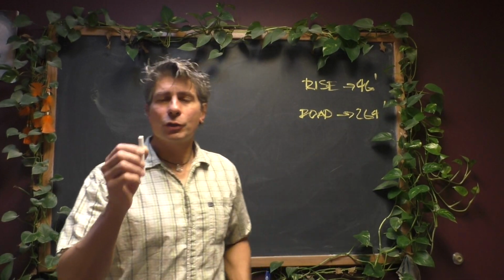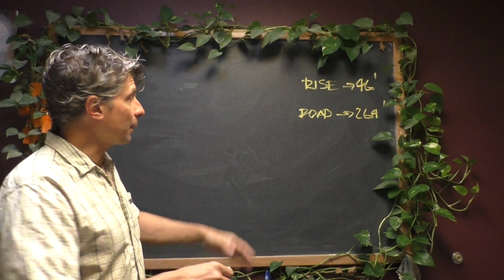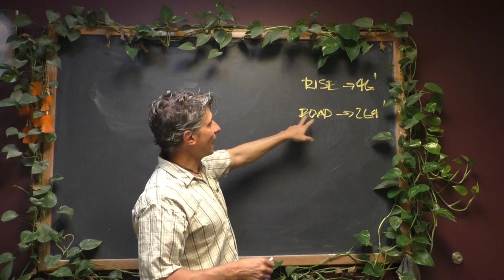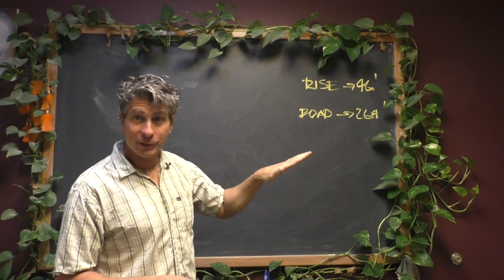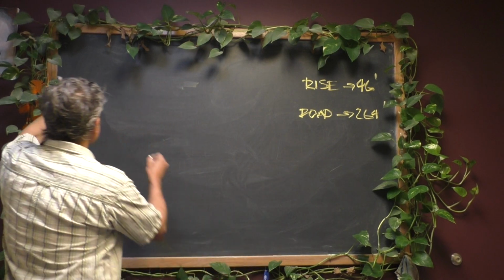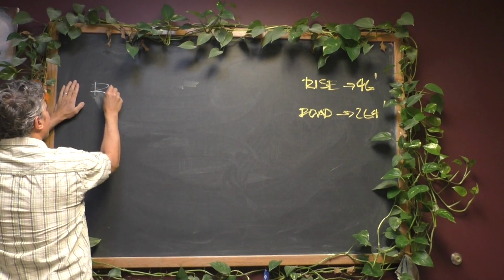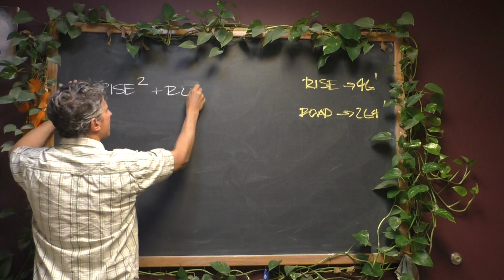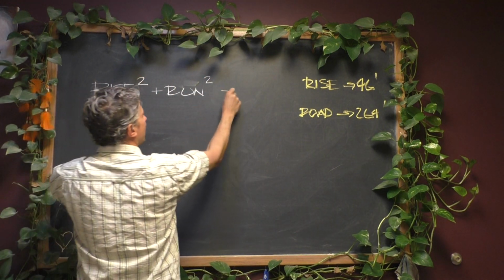Okay, everybody. So from Strava, I was able to get that my trip rose 46 feet while I was on the diagonal road for 264. So Pythagoras tells us that if I take the rise and square it, and I add that to the run squared, I'm going to get the road